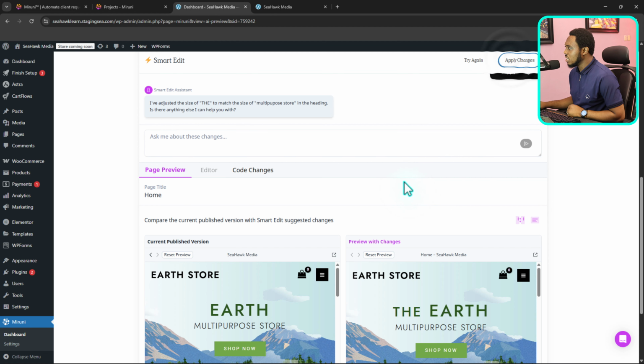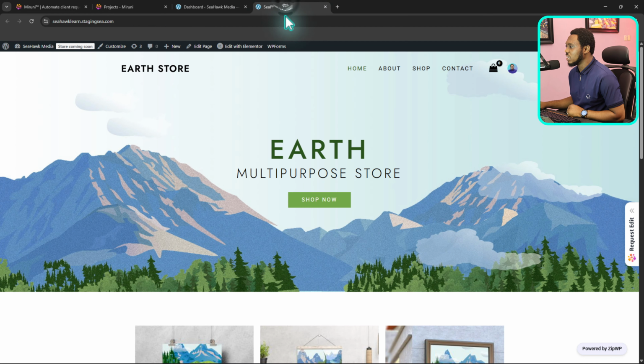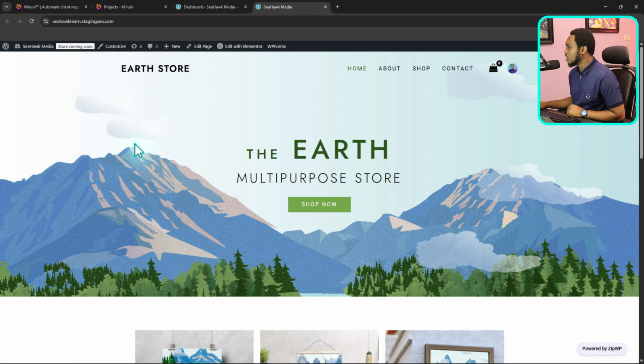And then basically, I love to always hit the apply button or apply changes here myself, even whether or not this AI has done that. Let's come to the front end. Let's refresh this. Let's see. You can see this. I think this is just a smart feature here. This is a fantastic, awesome tool here that will save your time if you design website or manage website for